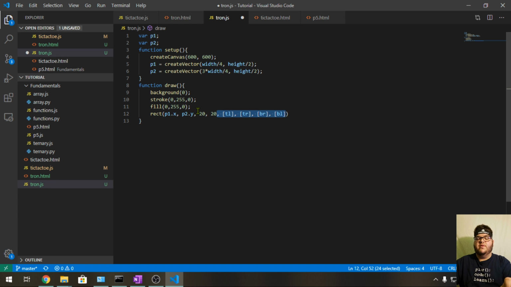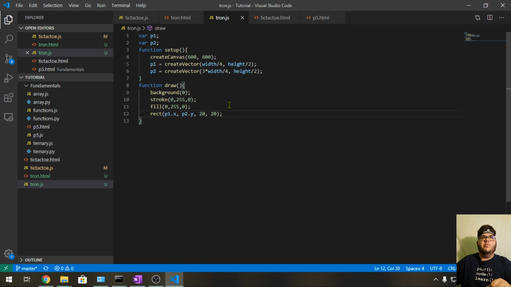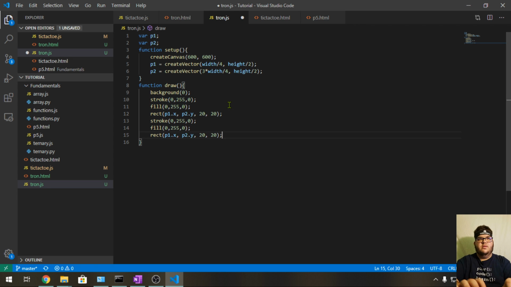And we're going to get rid of the rest of that. We don't need all that. So let's go ahead and check and see if that does what we want it to do. Beautiful. One down, one more to go. So now what we're going to do is we're going to take that, we're going to copy it out again. Actually, we need to copy more than that. We need to copy all of this. And we're going to change this to